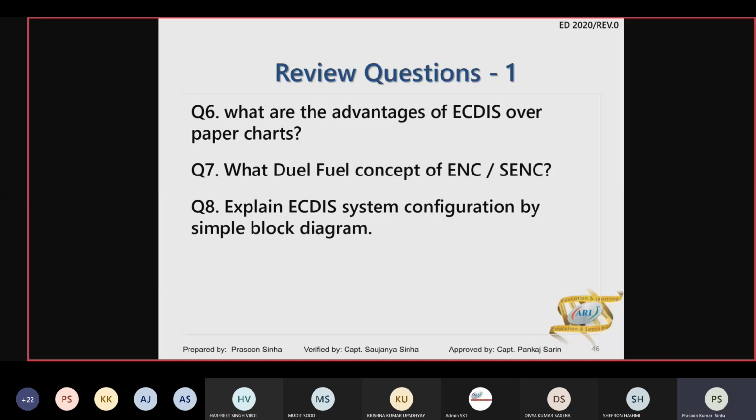कंप्यूटर, उसमें ENC, उसमें updates, उसमें navigation publications, other equipment, GPS, echo sounder, radar, ARPA, AIS, etc. plus user information also. So everything put together